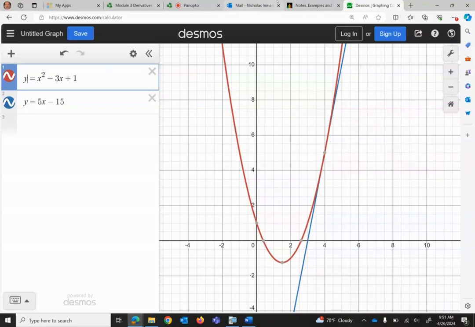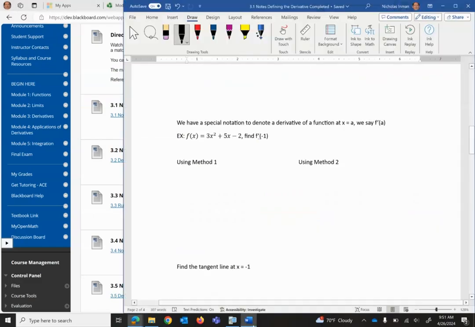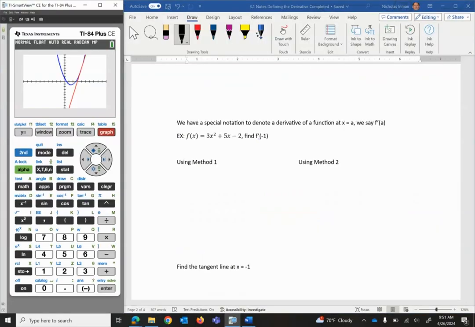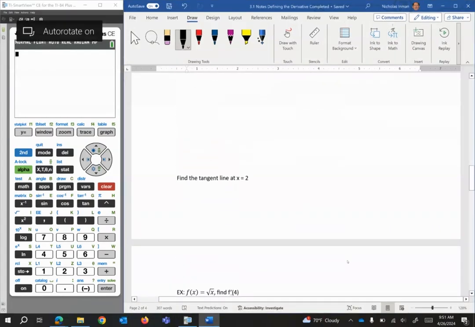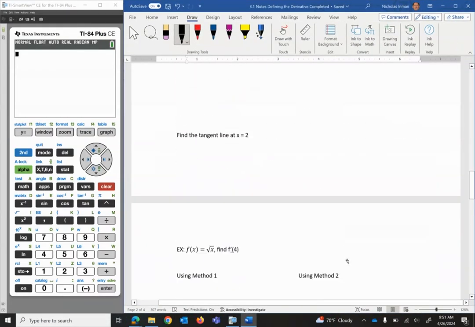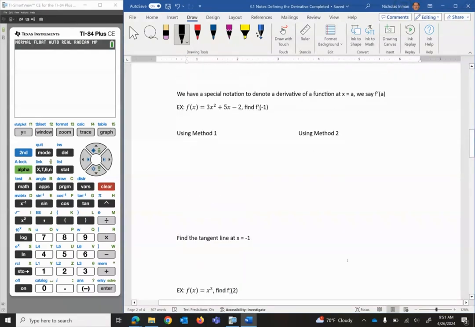Now, where am I at? There we go. All right, so we have two more examples. A few more examples. Ooh, we got a bunch of examples. I forgot what's in my own notes. All right, so